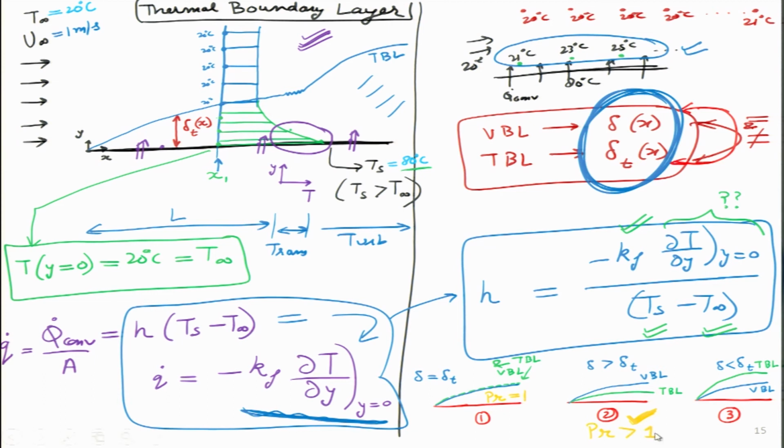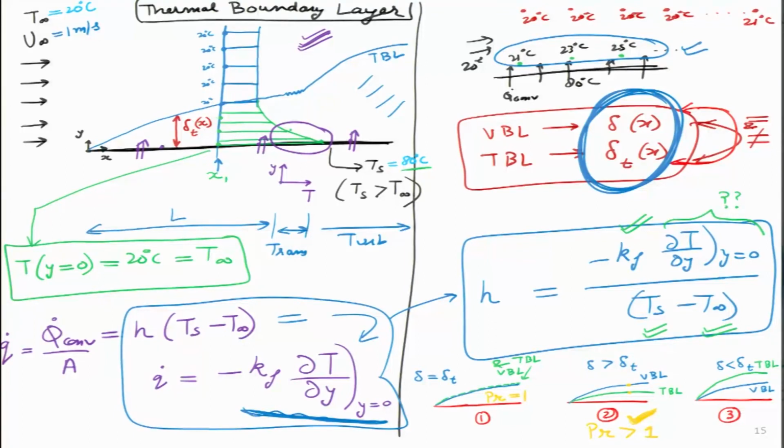Prandtl number greater than 1 means that the ratio of the diffusion of momentum to the heat is greater than 1, which means momentum is being diffused more than the heat. That is why this VBL has a higher value than TBL. I have given it a lot of thought, that is why I can figure it out quickly, because students are learning it for the first time. Do it slightly slowly, analyze it, revise it one more time, but you will come to the same conclusion which I am stating over here.